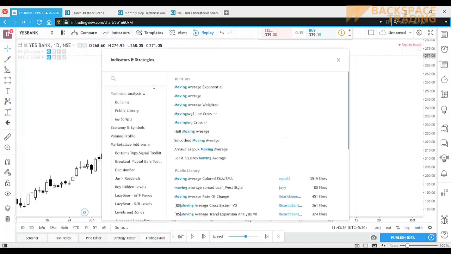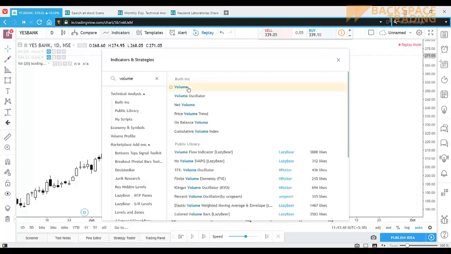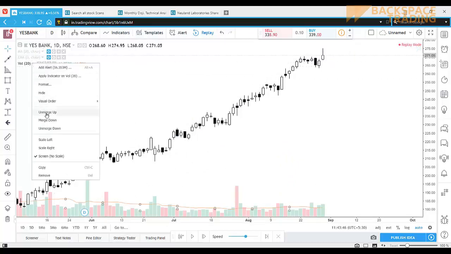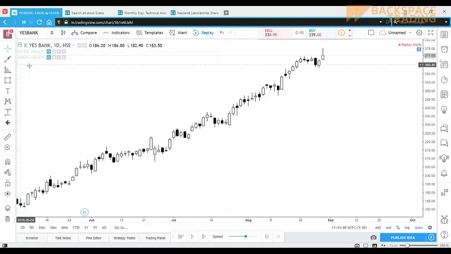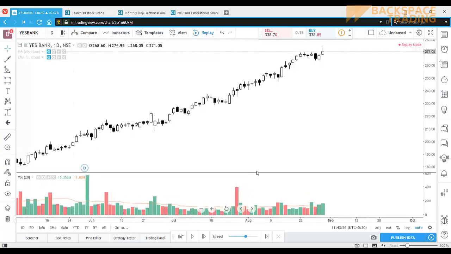I'm gonna plot our usual indicator called volume. I don't know why I close this volume every single time. Let me unmerge it down. What did I do? It didn't pop up. We have two volumes set up. Okay, now